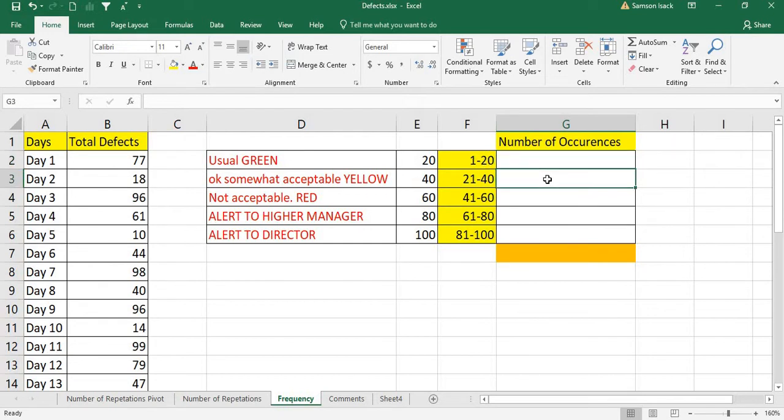Similarly, the number of days whose total defects lies between 21 to 40, and so on. Why do you want to do this? Because this is total defects at the time of production, and if the total number of defects is up to 20, we need not make it a very big issue, because usually it is green, and if it is 21 to 40, it is yellow,